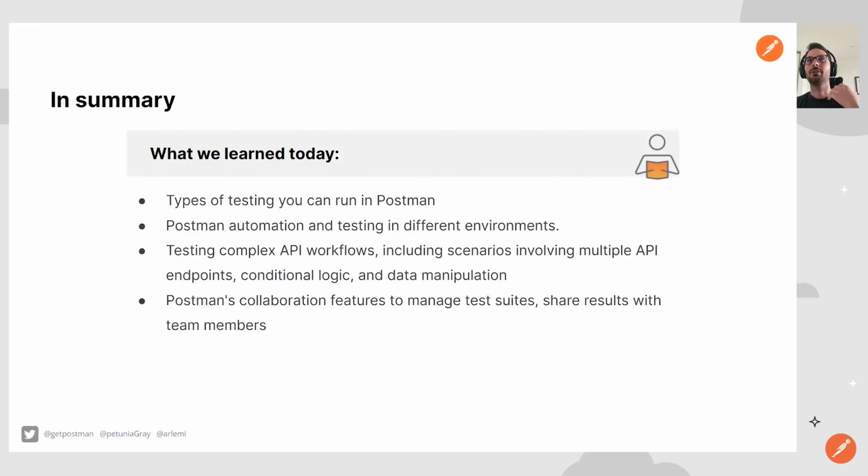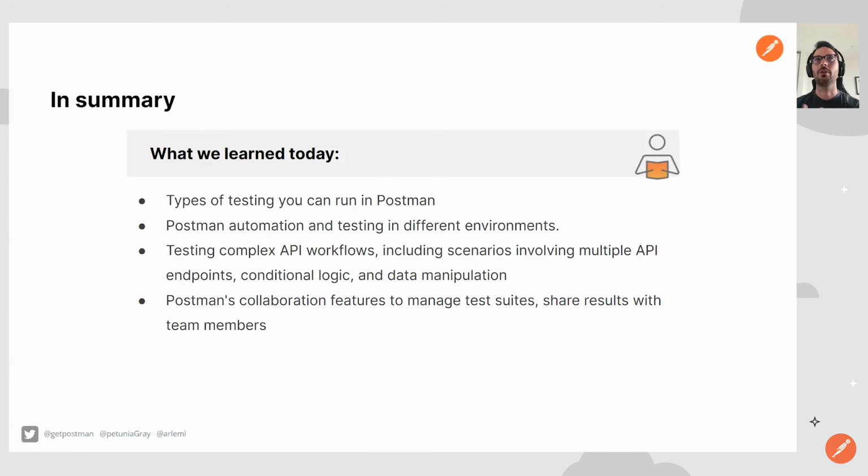Different ways to do automation testing in Postman. So again, like scheduled runners, automated runs via CLI, CI/CD, etc. How to test complex API workflows. So that was that example that I gave at the start with the book library. You know, you create a book, you get the list of books, you create a new book, you check that it exists, you delete the book, you check that it doesn't exist anymore. This type of stuff, and also passing data from one request to the other,